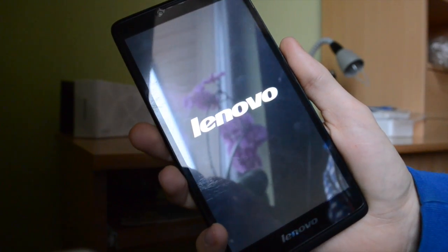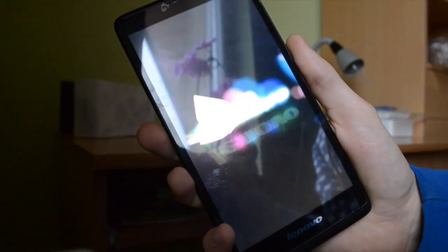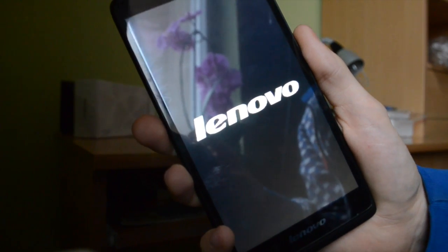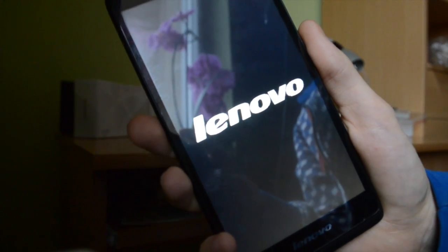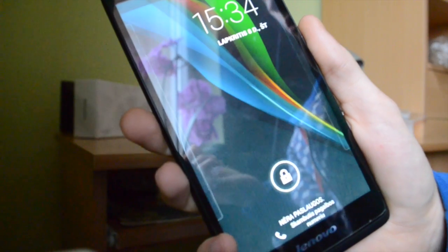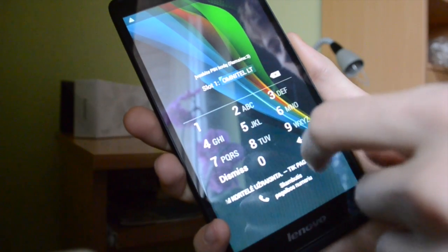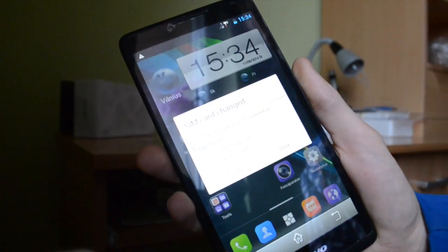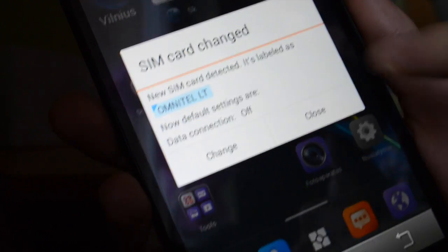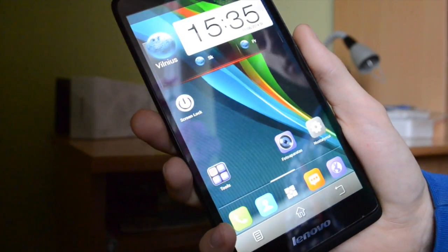As you can see, this is the Lenovo brand logo, and there will be a sound. Some people say that the Lenovo A880 has a low PPI on its screen, but I think this is not a problem because it is extremely enough to have a good quality screen on this phone. And okay, let's see what is inside. Okay, I have to enter my SIM code. I have an interesting message. Okay, close this. Now remove the notifications. And okay, so this is the main screen of the Lenovo A880, and